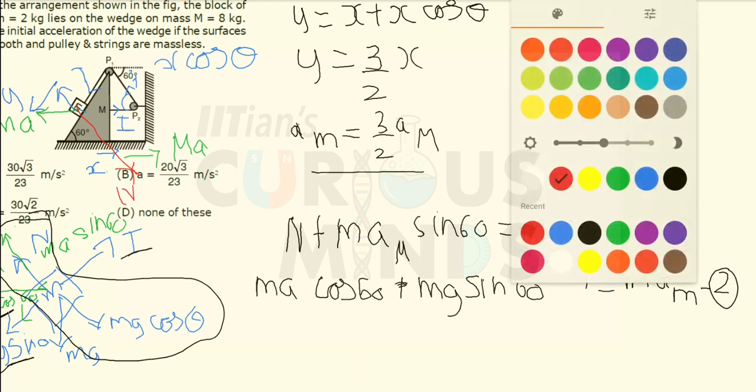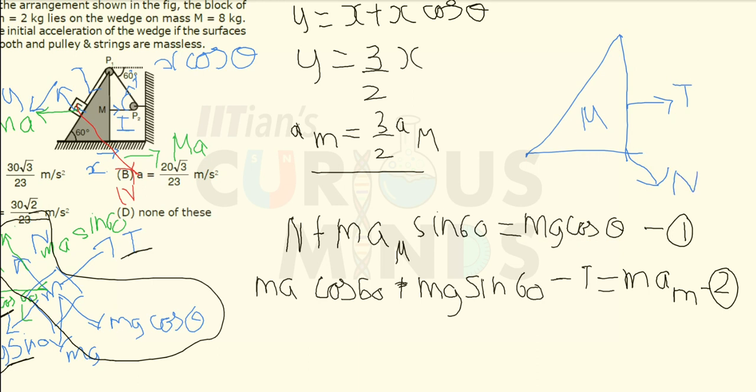So let it be equal to N over here, and there will be mg in the downward direction. But mg has nothing to do with this, because if you see, the resultant acceleration is in the right hand side direction, that is M A_M, capital M, the mass of the larger block, times the acceleration of the larger block in the right hand side direction. So we have to calculate M A_M, that is the acceleration of the larger block.